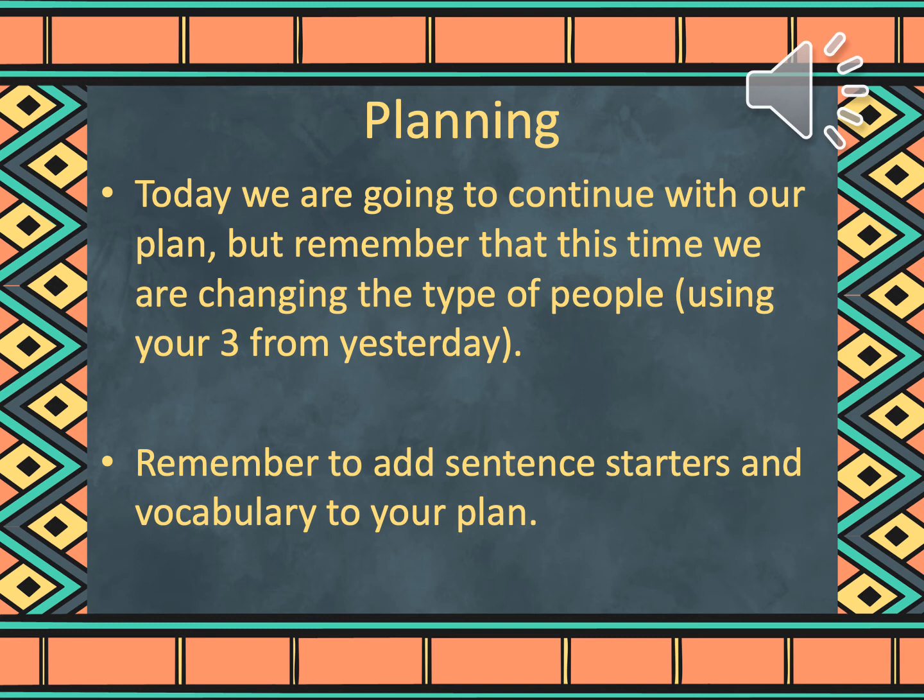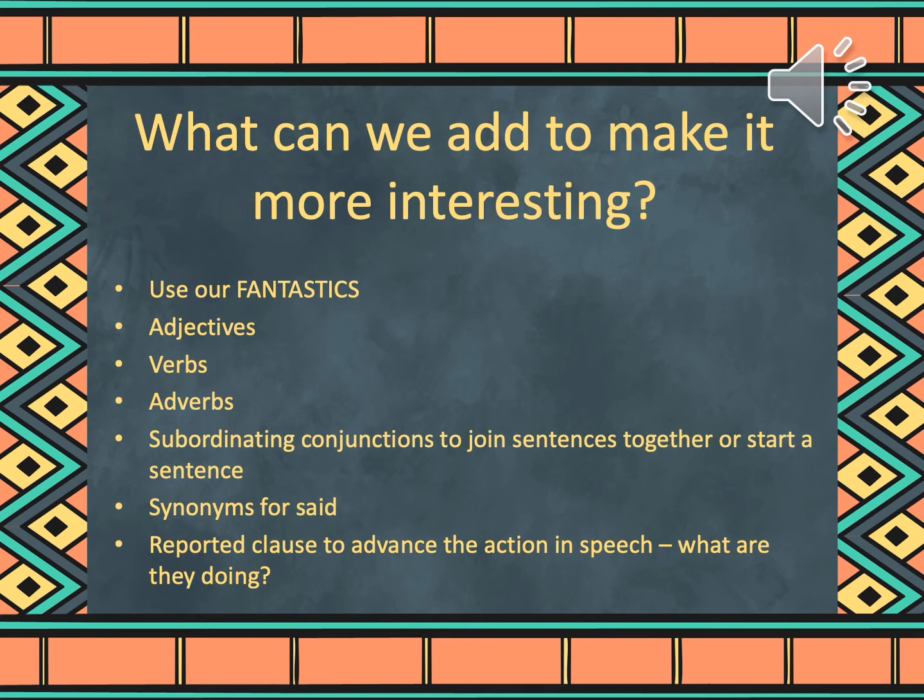So you need to bullet point the events that happen at each point, jot down any sentence starters which could be used at each point, and any vocabulary that you could use at each point. So once you've finished your plan, I just want you to think about this list. Is there anything else that you could add on there? And we're thinking about how, when we're writing, could we make it more interesting? So you need to make sure you're using the fantastics. We pop 3 of them onto your planning sheet to remind you. You should definitely be talking about feelings, noticing, and checking what you can hear.